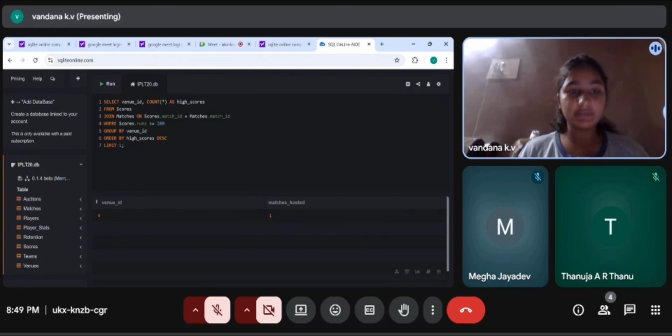Its meaning was to select the venue ID and the count as high scores from scores, and the output was